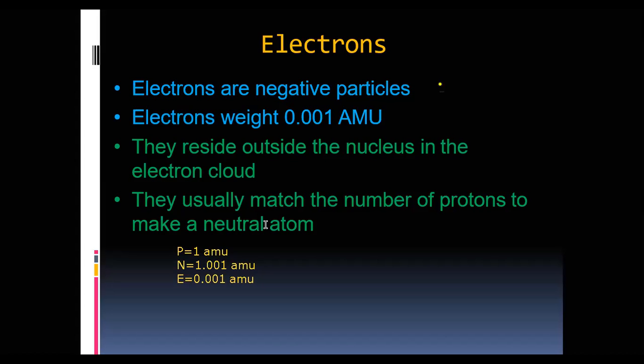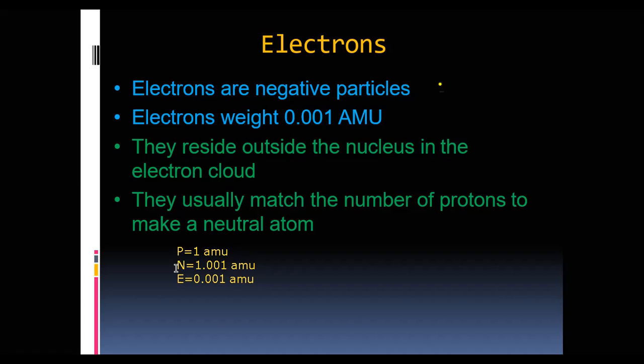We were discussing atomic mass. In an atom, the atomic particles are proton, neutron, and electron. In an atom, proton, neutron, and electron are